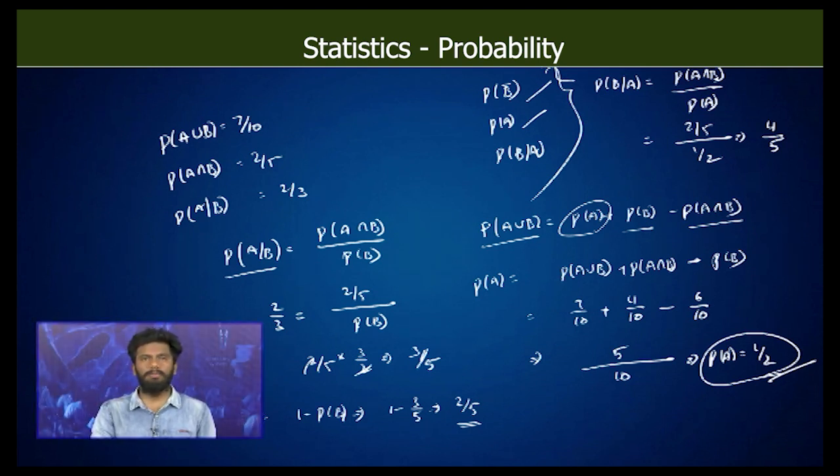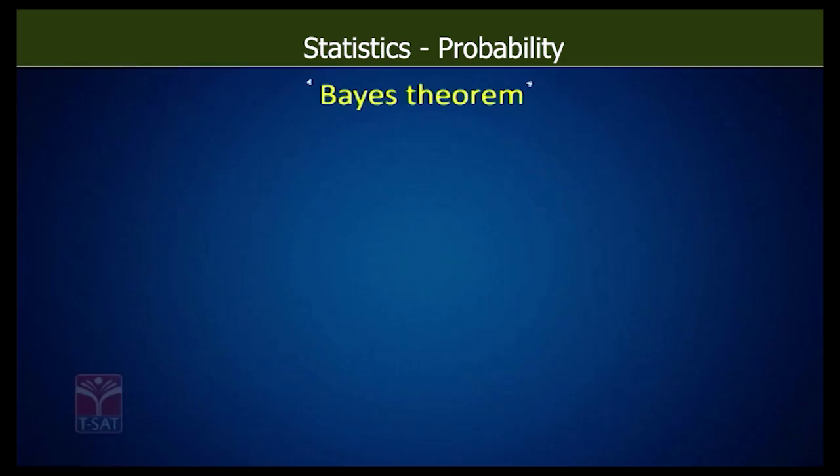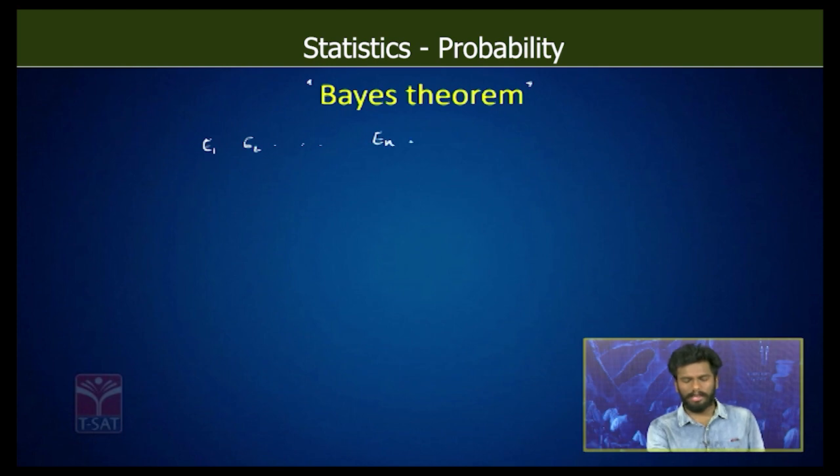Now this is how we proceed when these kinds of problems are given. When there are conditional probabilities or independent theorems or addition theorems, we have to just proceed in this way to solve the problems. So next we see the very important thing, that is the Bayes theorem. So what is this Bayes theorem saying? We just see here. Now there are events E1, E2, so on up to En.